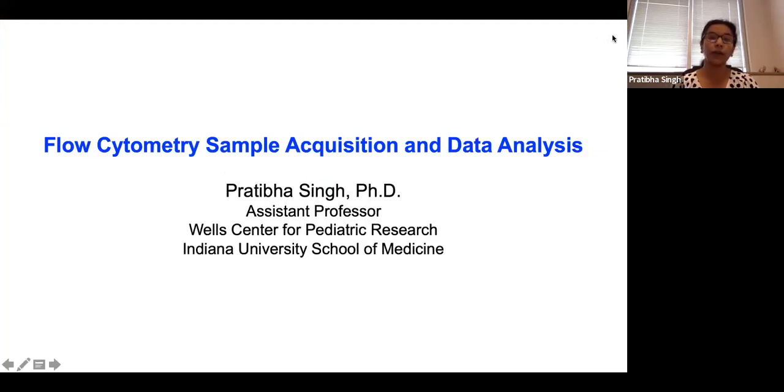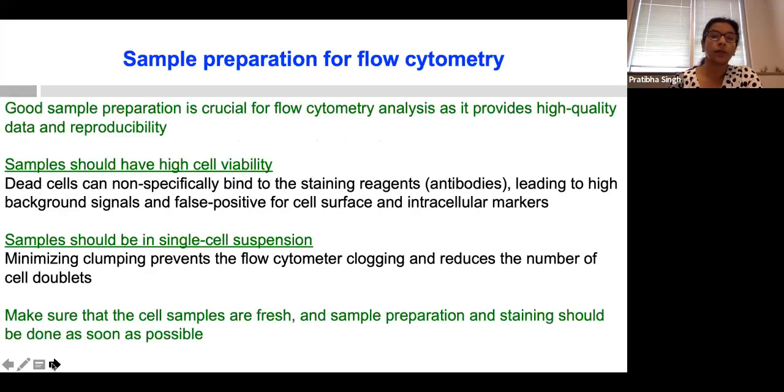Okay, so today I will be talking about flow cytometry sample acquisition and data analysis. Before doing any data acquisition and flow cytometry data analysis, it is very important to